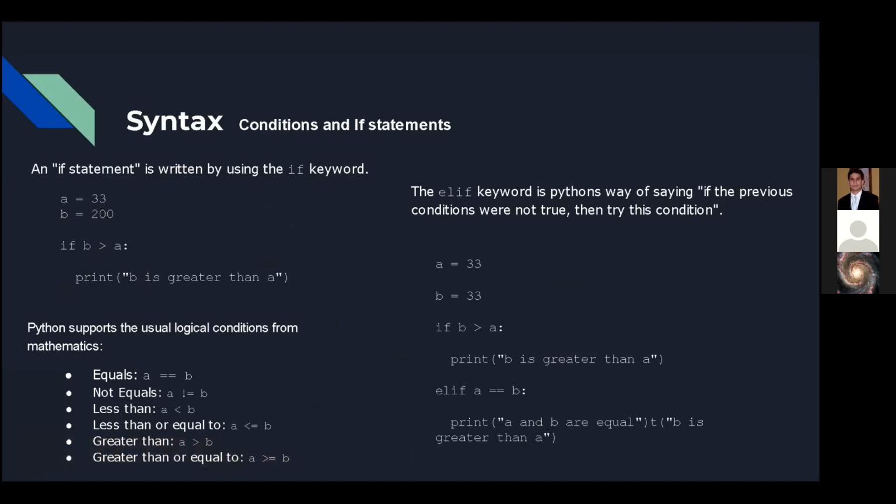You have your usual logical conditions for math, like if something's equal, if something is not equal, if something is greater, less than, or greater than. You know, the usual mathematical logical conditions you've been learning your whole time in your math career. And if you haven't, you should.